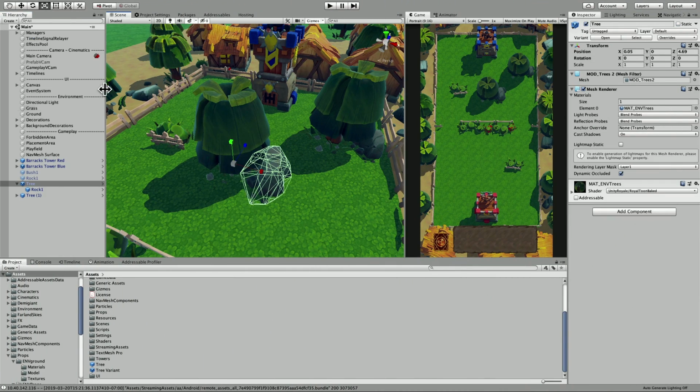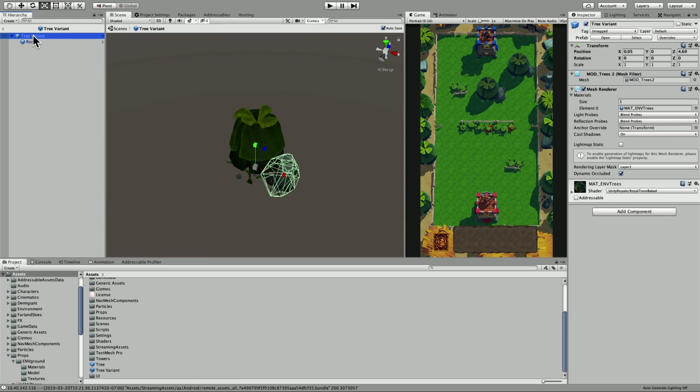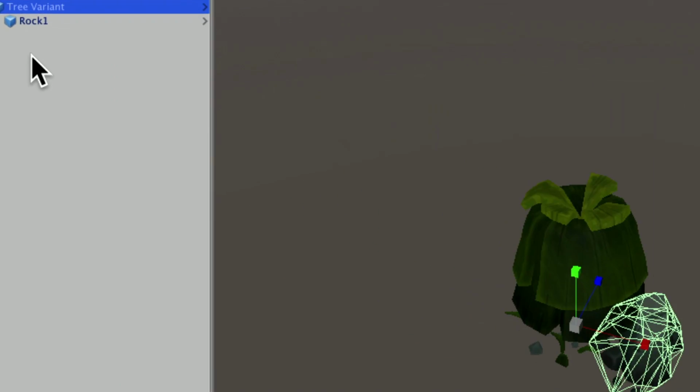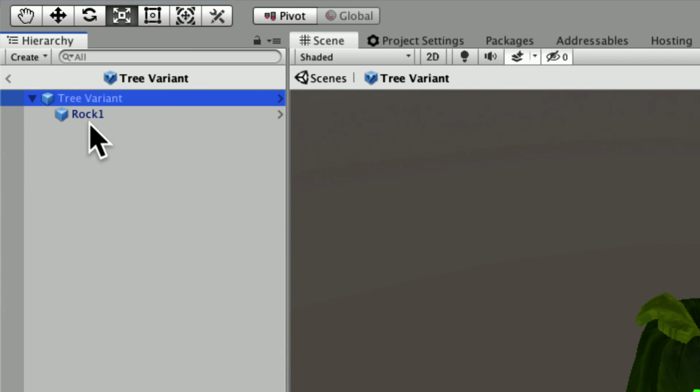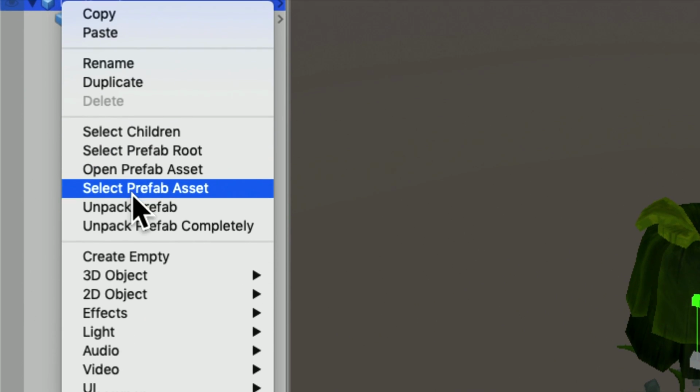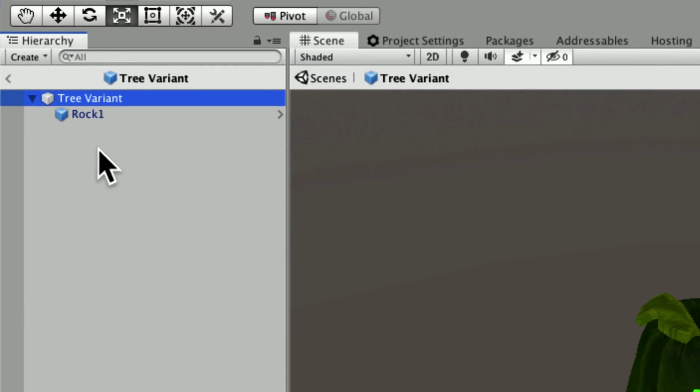So he said, if you change, let's say I have this tree. This prefab is a variant, right? Step inside, I see the original prefab that this variant is encapsulating. And he said, if I change that, does it change in every variant? Yes, it does. If you don't want that, you can potentially disconnect them. So this variant is encapsulating a prefab. If I right-click here and unpack this prefab, I get the original game object. I broke that connection. And as you can see, this variant is no longer a variant, just a regular prefab,